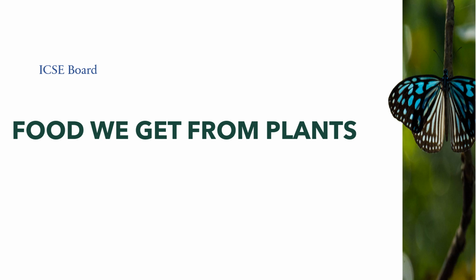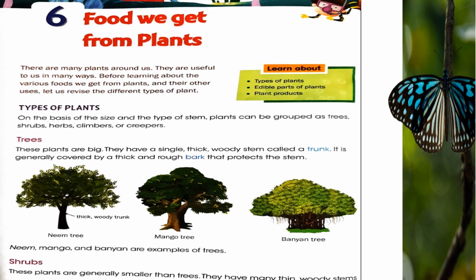Topic: Food we get from plants. Let's start with a chapter: Food we get from plants. There are many plants around us. They are useful to us in many ways. Before learning about the various foods we get from plants and their other uses, let us revise the different